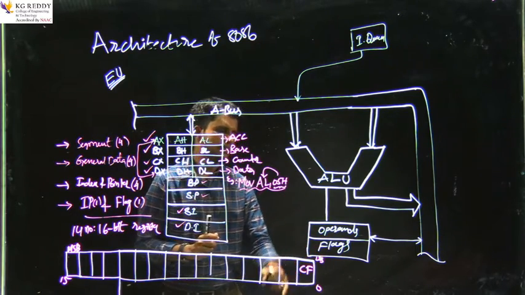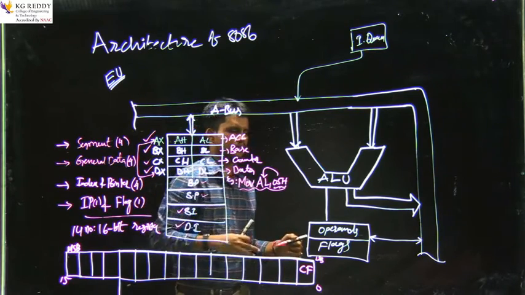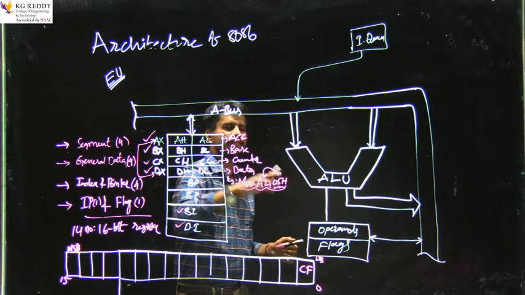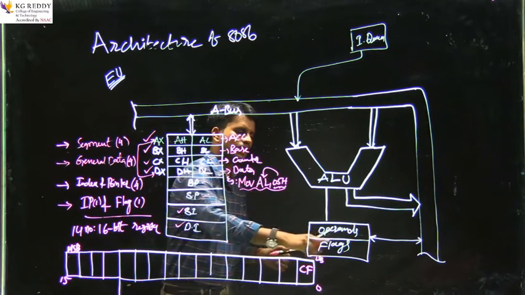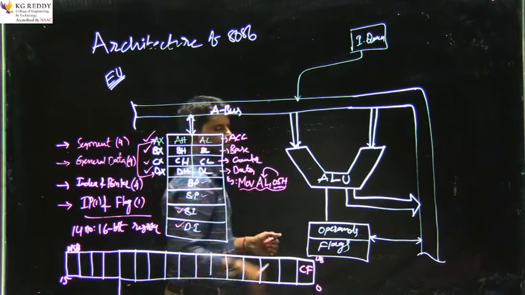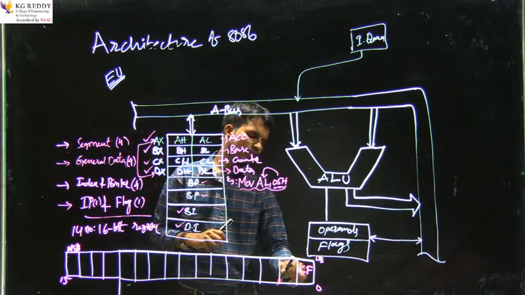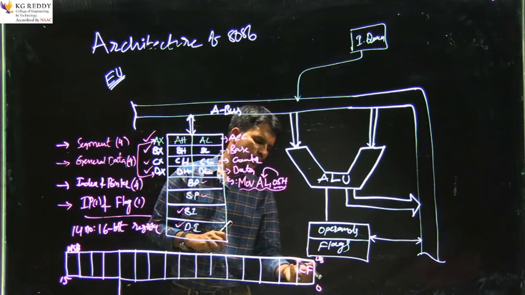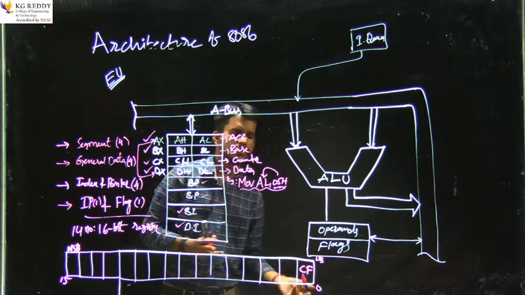If this bit field is 0, simply we can conclude there is no carry in the previous operation, because for every ALU operation, whenever the ALU executes an instruction or a program, after execution of every instruction, this flag register will be updated as per the resultant data of the ALU. So looking at the status of the carry flag, if it is 1, the previous instruction gave a carry over from the 8th bit to the 9th bit. Or if it is reset to 0, we can say there is no carry in the previous operation.